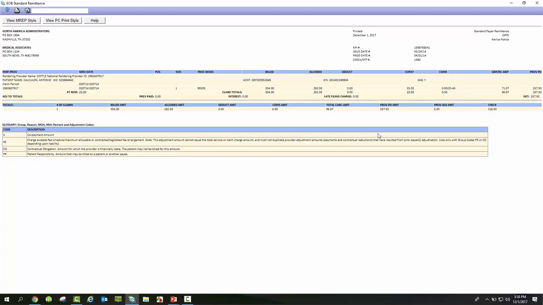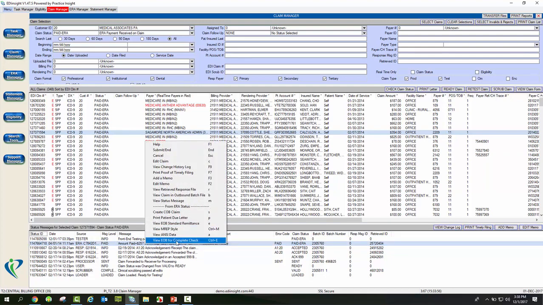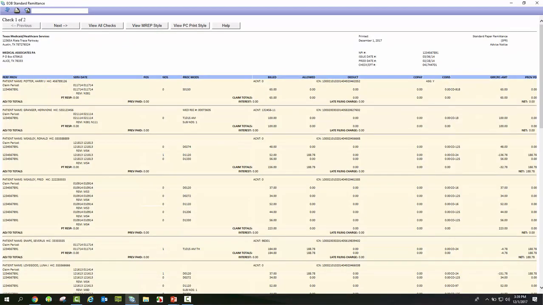So anybody that's ever done any researching or specifically done any appeals has probably gone through the pain of having to scan and then black out other PHI because they had to print off the entire ERA file. Well, we give users the ability to see the EOB as an individual claim or at a file level. So I can see the EOB for the complete check right here at the claim level,